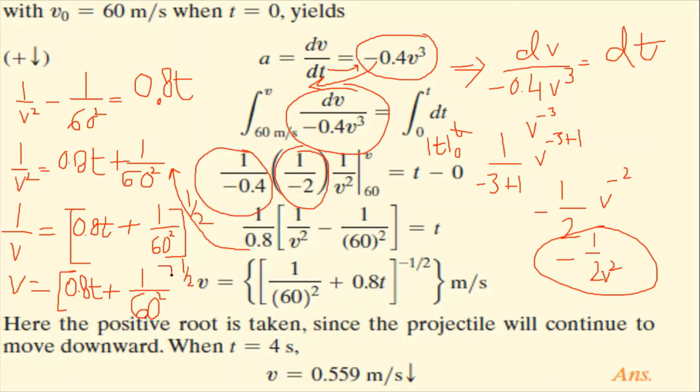You can say it's up to you which looks easier to you, so you can do that, and then finally you will get this equation. This will be like this. So what we have to do, we will put the value of t in it, and t is given to us in the question, that is 4 seconds. So we will put 4 seconds here, and we will get the value of velocity in meter per second. Now what does it mean by that? That velocity is getting down.